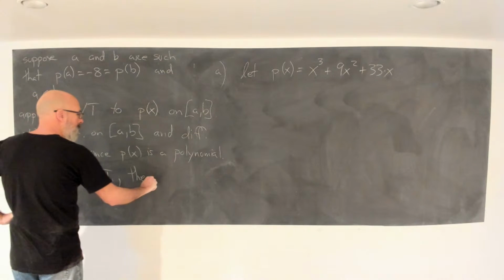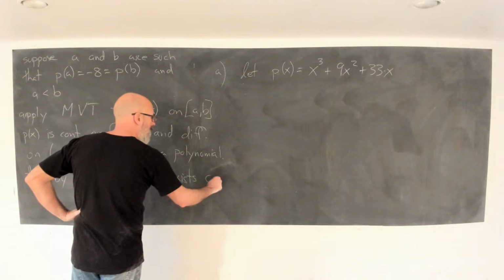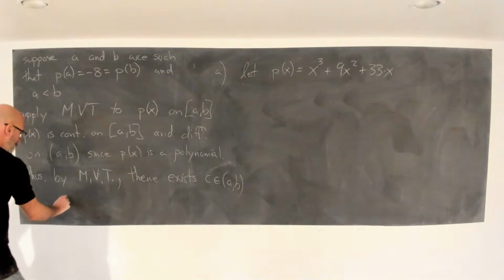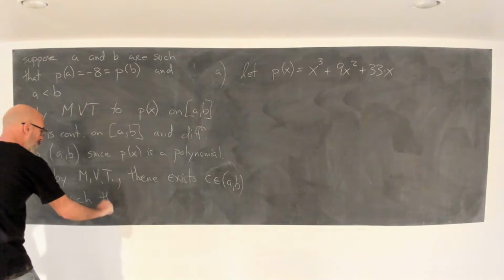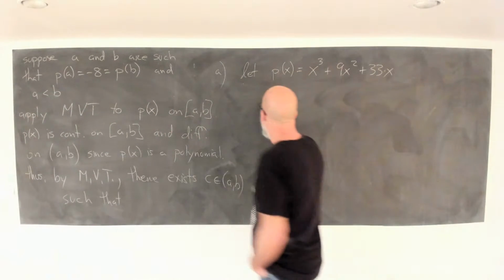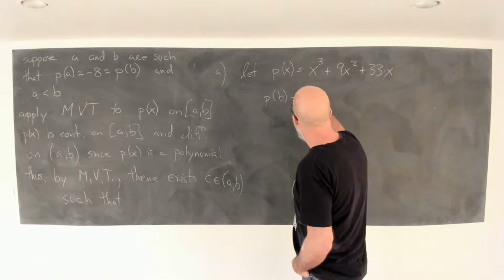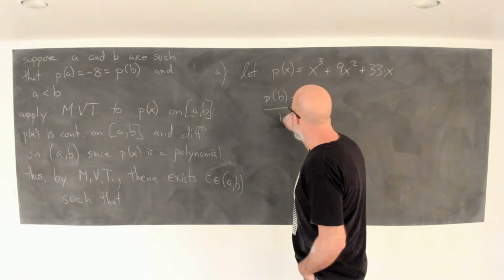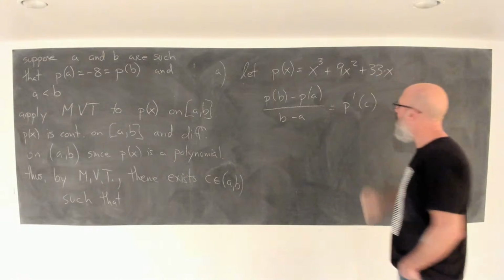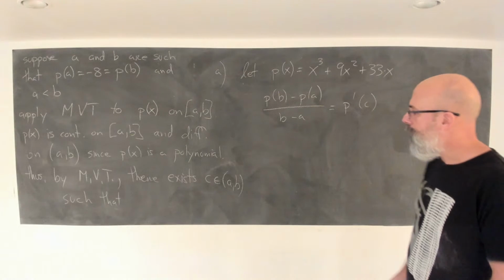There exists a C in the open interval (A, B) such that (P(B) minus P(A)) over (B minus A) is equal to the derivative at C. Right, you remember the mean value theorem,